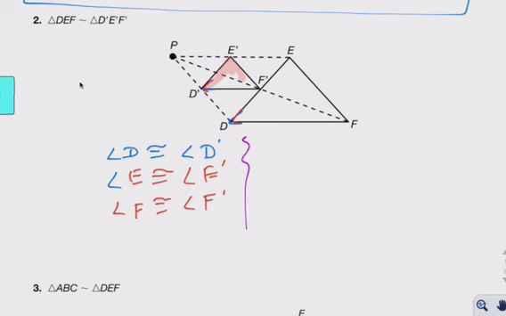Okay? So the line segment from the point of origin P to D, that is equivalent to